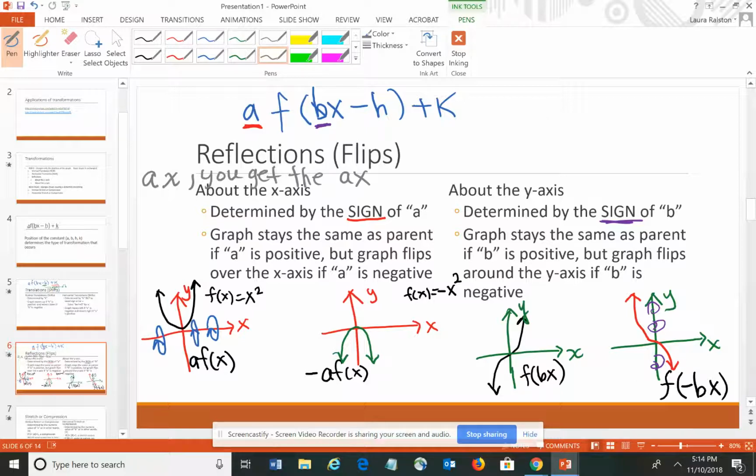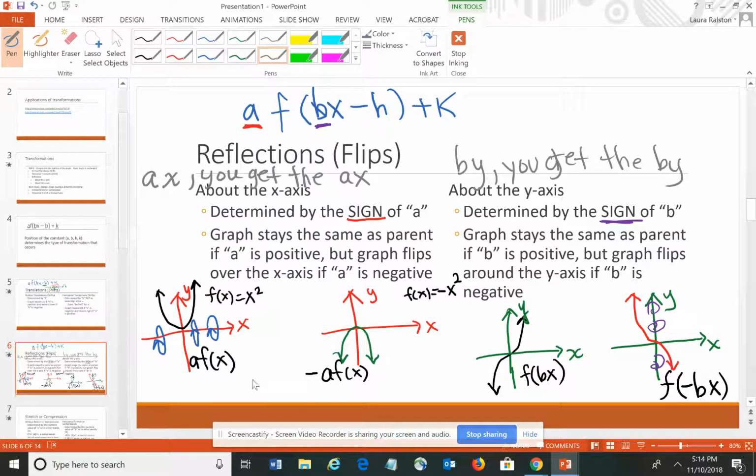So one of the things I use is, again, by. If b is negative, there's reflection on the y, and you get the by. Okay, so b is negative, you have reflection on the y, you get the by. Again, it's kind of stupid, but maybe that'll help you